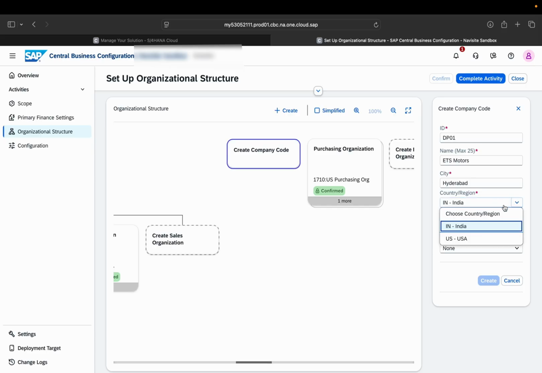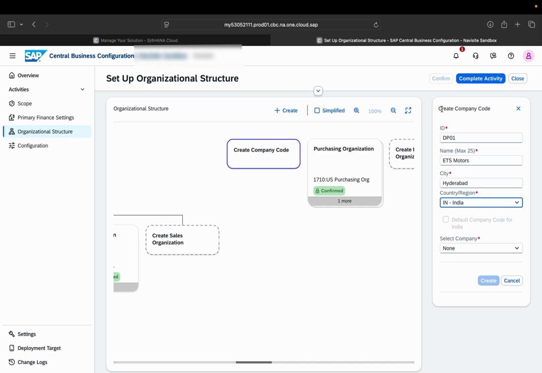And why there are only two countries appearing, there is another concept behind that, because in SAP S4HANA, when we click on the drop down, multiple countries appear. So here only two, because it is set up only for two, that is why only two are appearing. And how to set up multiple country regions, I will also show you later on in the video. Please stay tuned. So let's select India and select company.